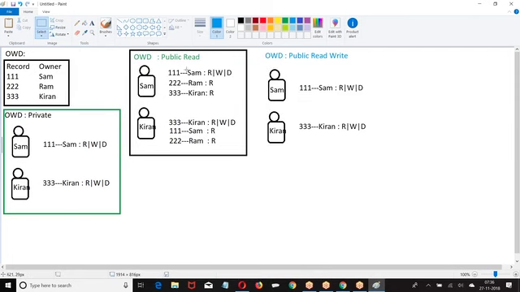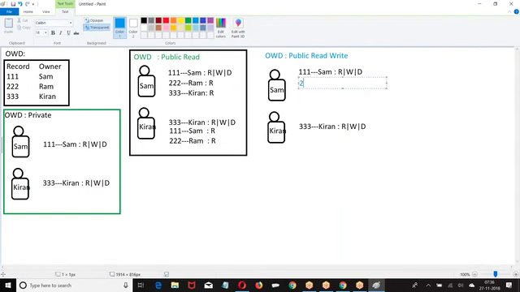Now I have read write. When I say read write, everyone can see everyone's record.